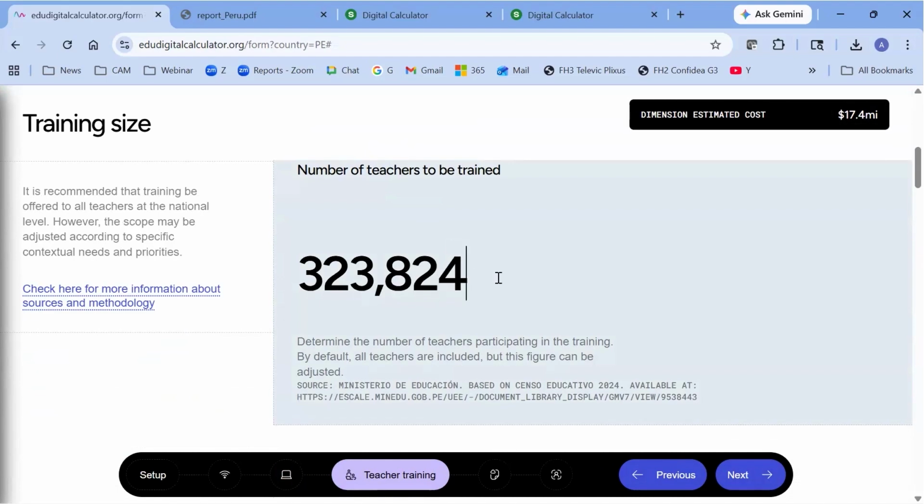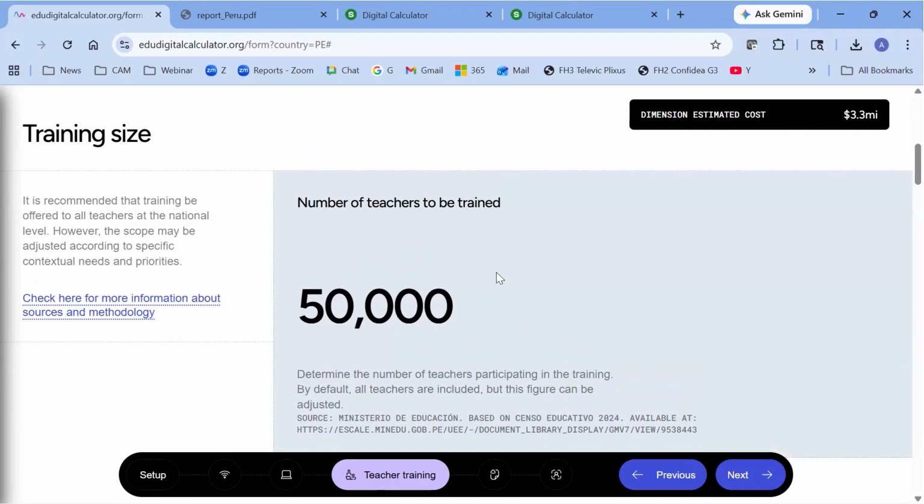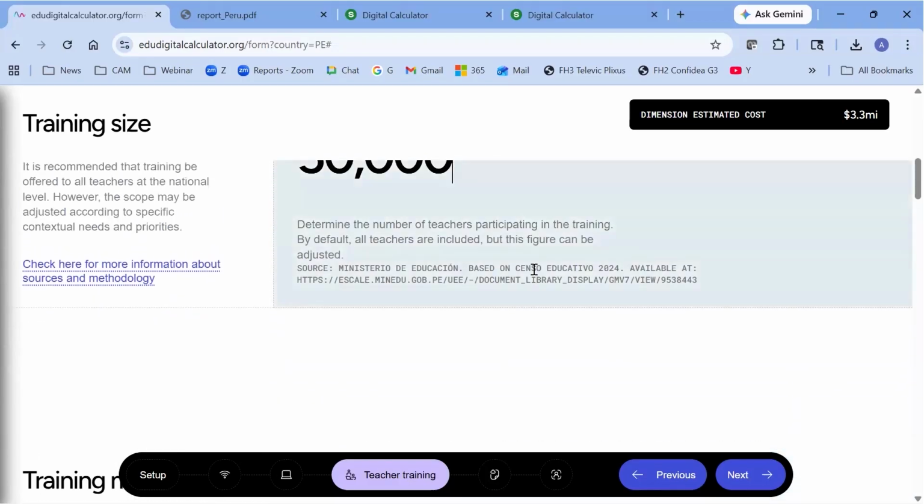But let's say that this country, Peru here, wants to start with STEM teachers being trained. So I can change here. I don't know how many STEM teachers, but let's say 50,000. So this changes the cost too. The idea here is to make those kinds of changes, make those kinds of choices based on the trade-offs